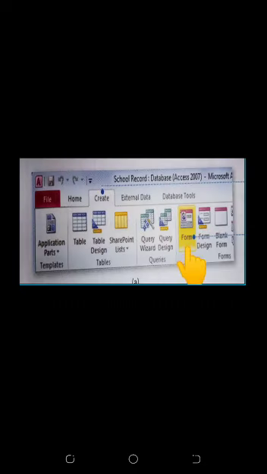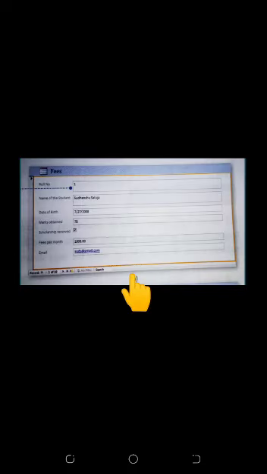For creation of a form, you will click on the Create tab. In the Create tab there is a form option. In the Forms group, click on the Form option. When you click on the Form option, for the fee table it will create fields like this, and it has the records in the boxes. If you want to update a record, you can change the record. It will save in your table.